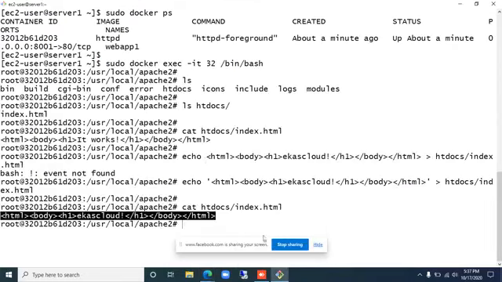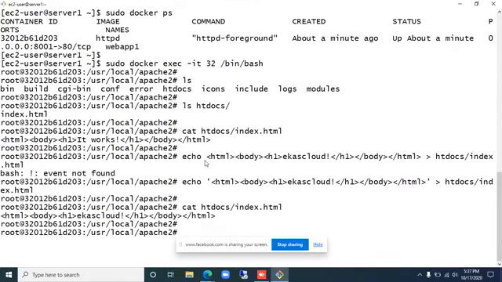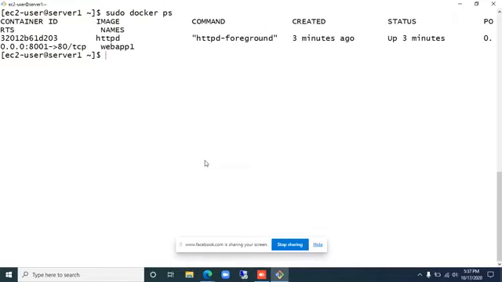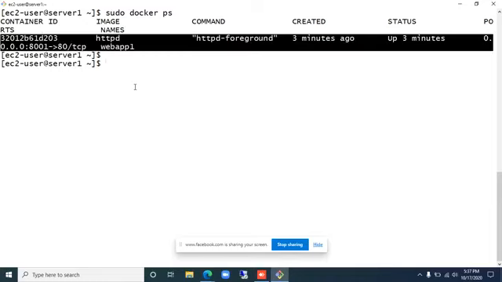So this is not a virtual machine, it's a container. It consumes less CPU and RAM than running a real virtual machine and running an application. Similarly, it is also possible to run the same application one more time. So now there is only one application with the name webapp1.